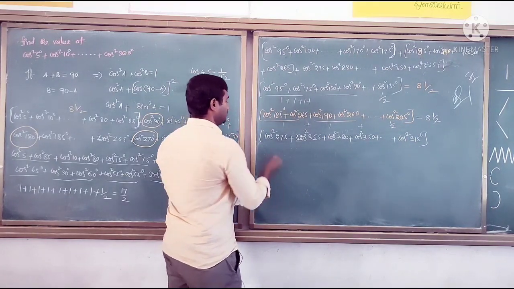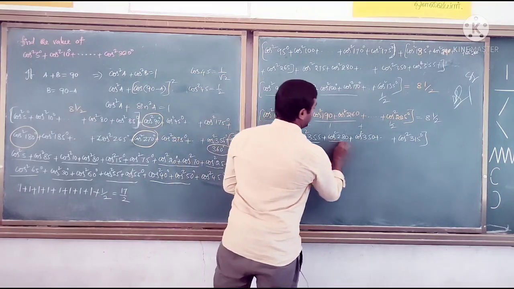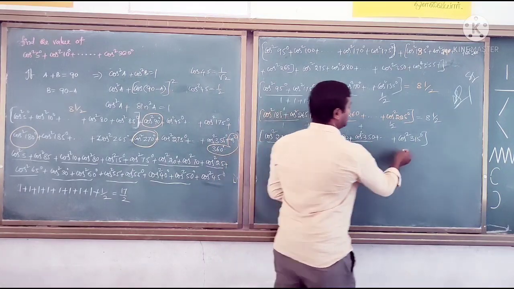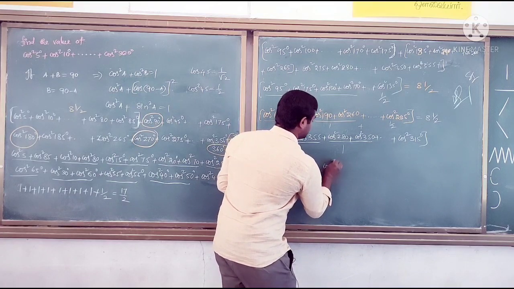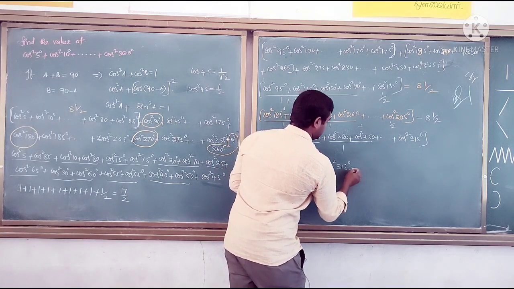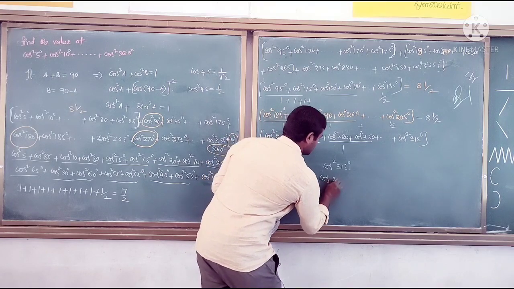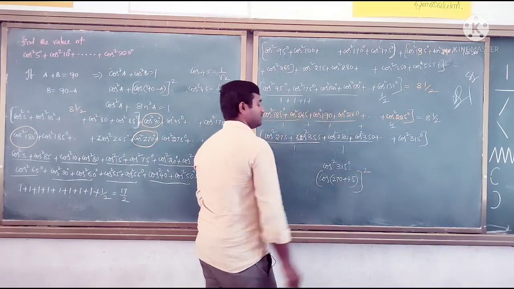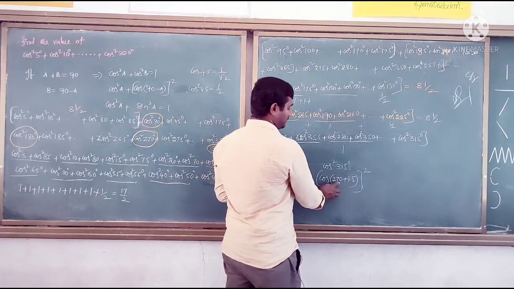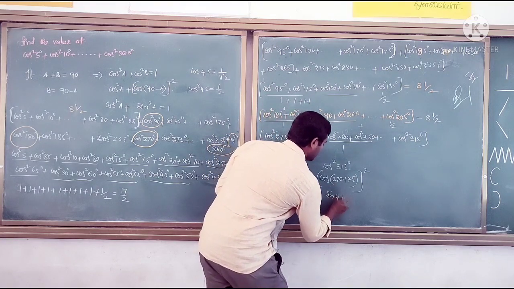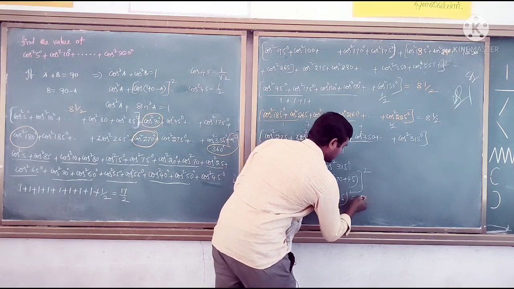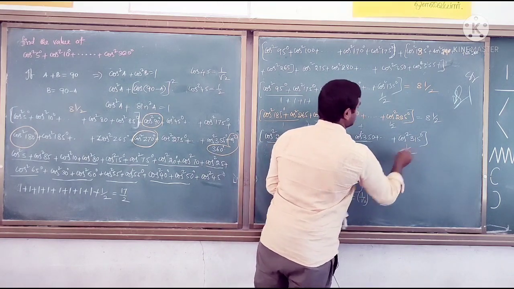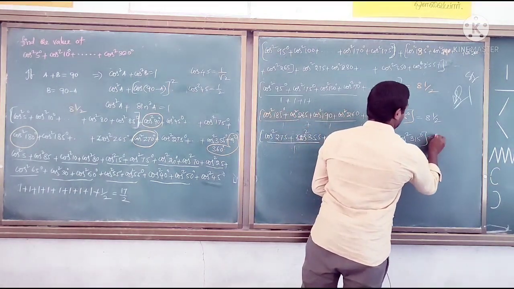So if you simplify like this, this pair also will give 1. Like this, in this expansion also we have 8 pairs. Now add this 315 value: cos square 315, we can write cos(270 + 45) whole square. 270 plus 45, fourth quadrant, odd multiple of 90, so sin 45 whole square, equal to 1 by root 2 whole square, which is equal to 1 by 2. So this value is 1 by 2. So this pair also we will get the answer as 8 and a half.